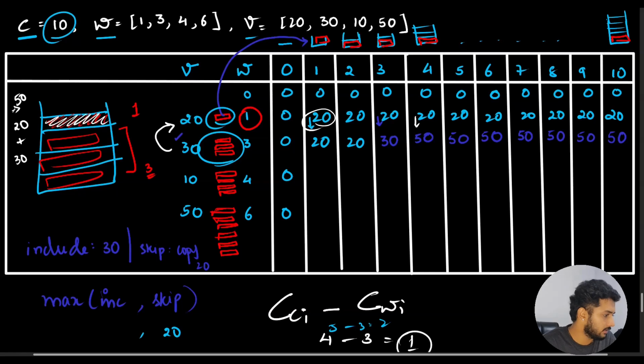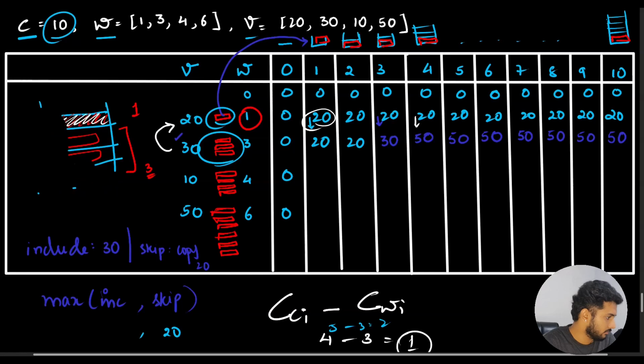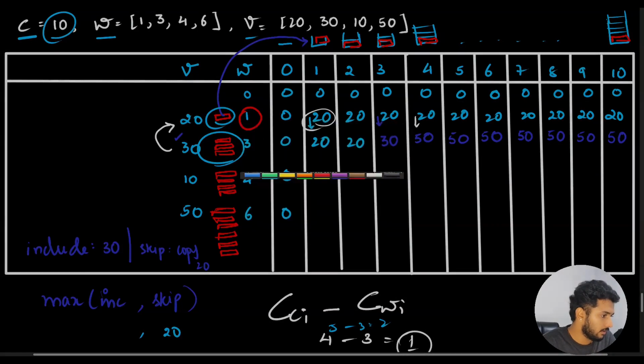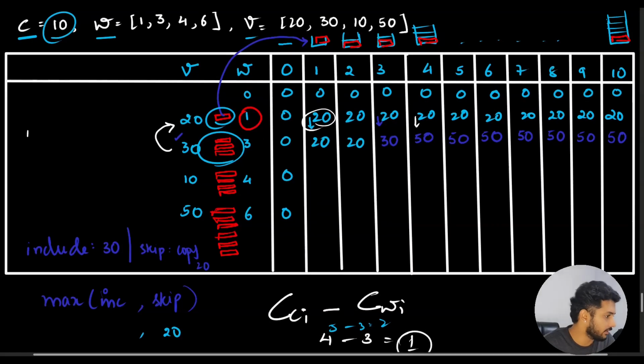And for the next, I'm erasing this part. Now I have how many spaces? I have unit space, but I want to accommodate 4 blocks into it, and this is not possible until the capacity gets to 4. So what we'll do is, if the condition is not matching, we will simply copy the previous cell values. 20, 20 from here,